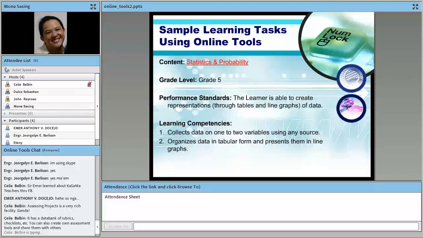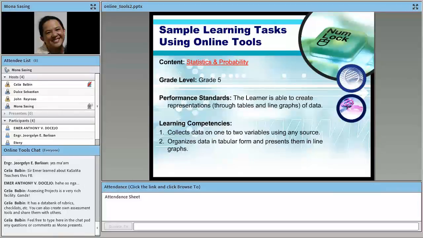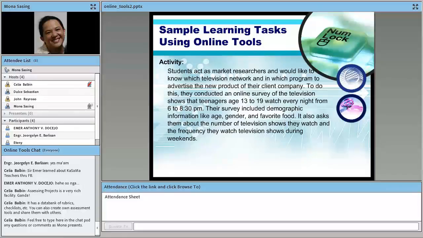Okay, so what's the task, or how are you going to make use of online tools here? In this case, students act as market researchers. So if you're a market researcher, you'd like to know who would be the target consumers of a particular product.